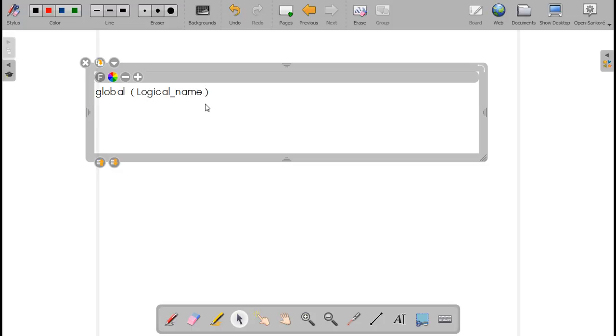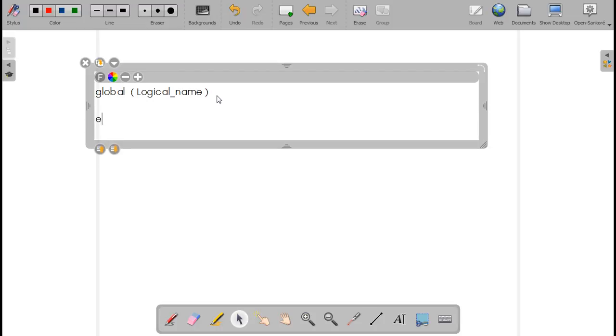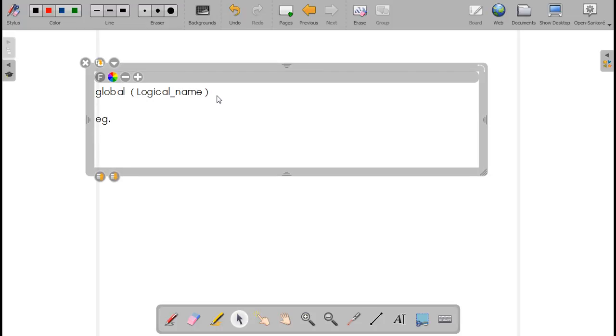So where I want to create the pool, for example, what would my command be? In this case, global. I want to create the pool on the outside interface. Here you need to write down the name of the interface where you want to create the pool. I want to create it on the outside interface because that's my exiting interface. So global, outside. Then after this,